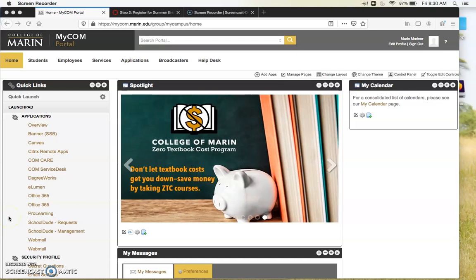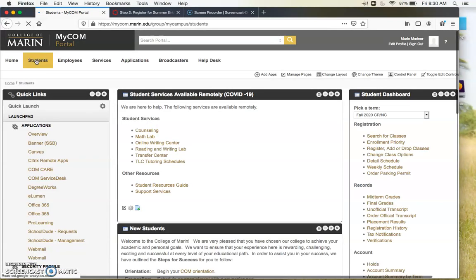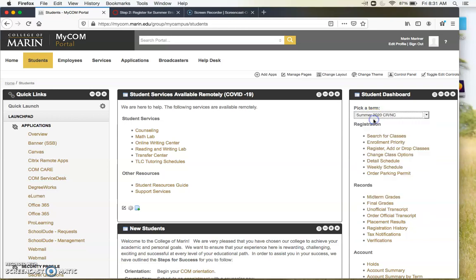Okay, so now we are ready to register for classes. Once you're logged in to the MyCom portal, click on the Student tab at the top. Under the Student Dashboard, select the correct semester for which you're planning to enroll. I'm going to register for Summer Bridge first, so I will select Summer 2020, and then click on Register, Add,